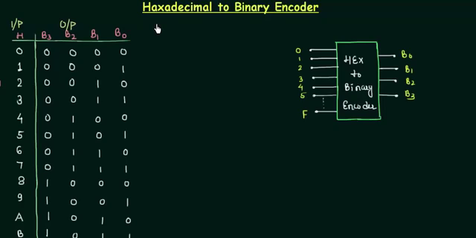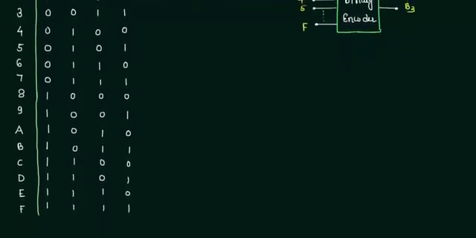The last type of encoder that we have to complete in this particular course is the hexadecimal to binary encoder. Now you already know that in case of the hexadecimal number system, the base or radix r is equal to 16, which means there are in total 16 distinct digits, and they are from 0 to F. Okay, 15 is written as F in the hexadecimal number system,